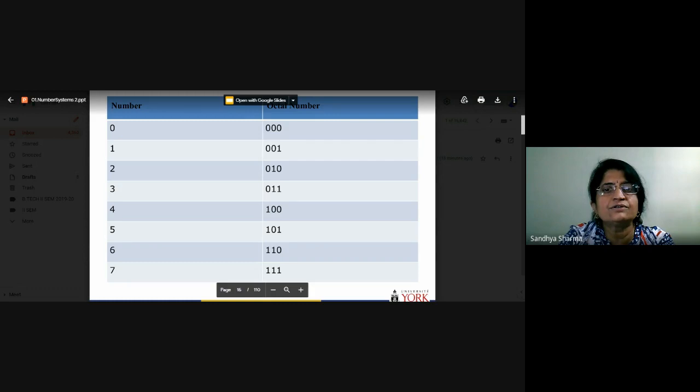000, 001, 010, 011. That is basically a 3-bit combination of our symbols. We have to remember these combinations when converting an octal number into a binary number or a binary number into an octal number. You have to remember how to represent the 8 symbols used in the octal number system in binary. So this is the basic flow of how you can convert these numbers. This is the 3-bit combinations of our octal number system, and we represent it in this way.